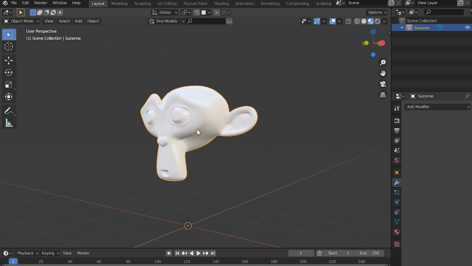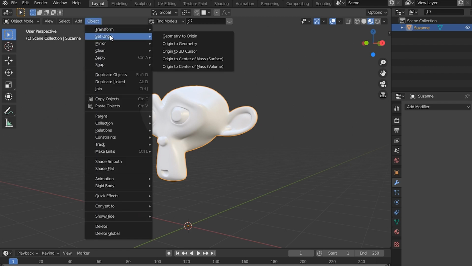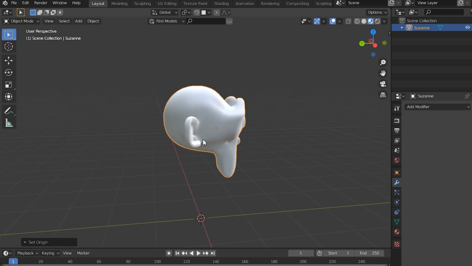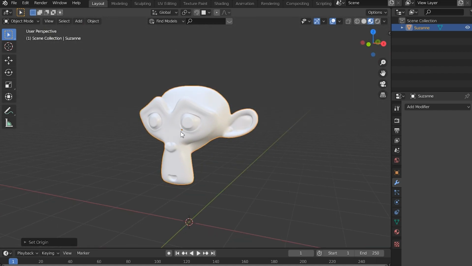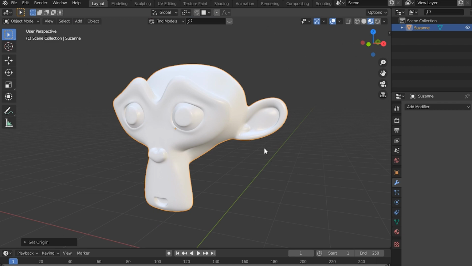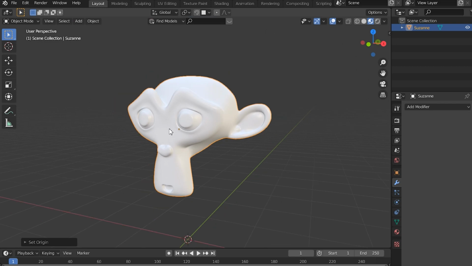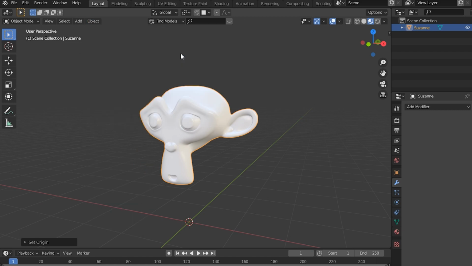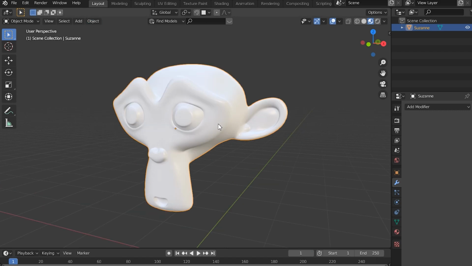Now I want to show you, I'm going to click on my mesh and go to Object, Set Origin to Geometry, so that when I scale and move things, it's going to move them around this origin point. It's usually set at the 3D cursor, which is down here at the bottom, but right now I want to edit, so I'm going to set it in the middle of my mesh so I can rotate and change around this item, and then later I will snap it back using Object, Set Origin to 3D Cursor.